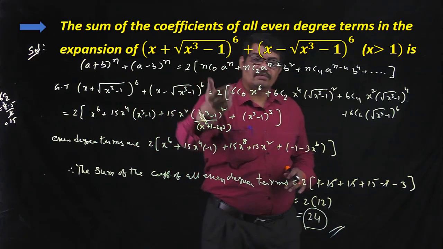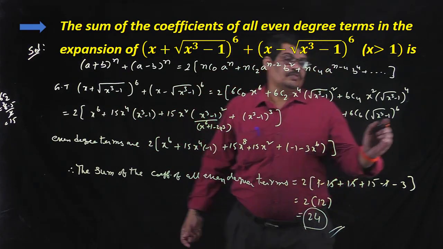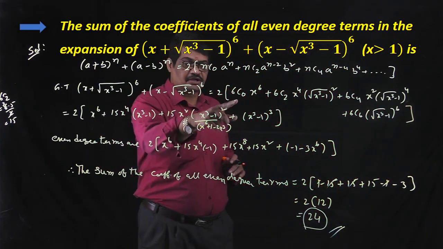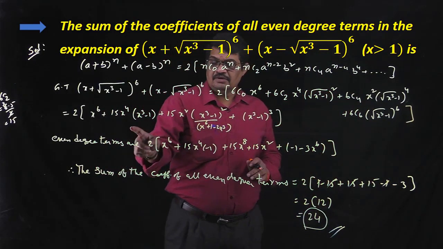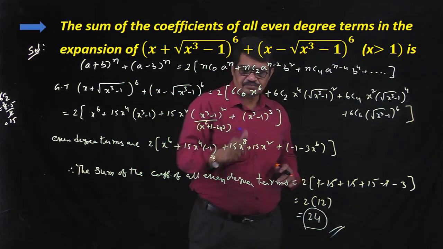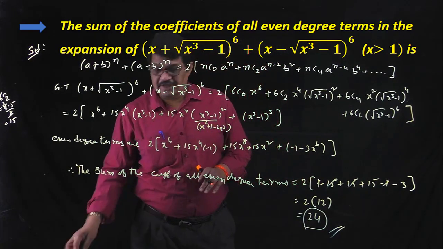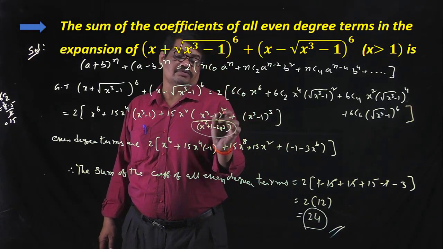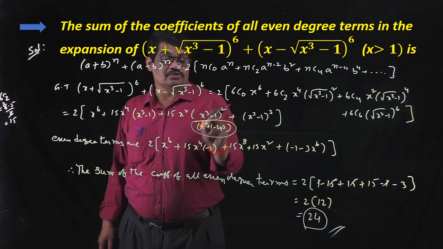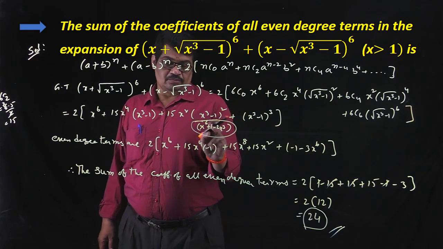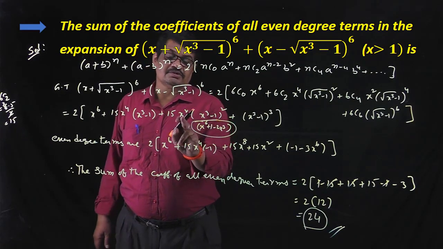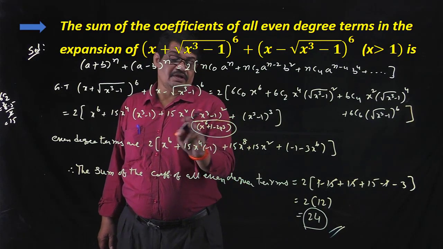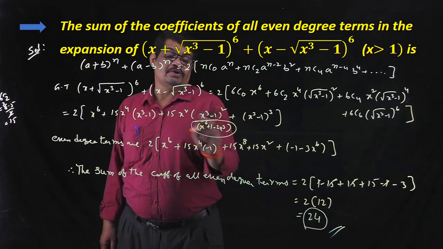Now we are applying this formula, we are expanding this one. Okay, now we are simplifying this one. 6C0 is 1 and 6C2 is 15 and also 6C4 is also 15. So now we are expanding. In this expansion we are writing here the coefficient of x cube minus 1 whole square. So now we are expanding, a minus b whole square, that is x power 6 plus 1 minus 2x cube. In this term we are writing even terms, that is x square into x power 6, that is x power 8. Next term is x square into 1, that is 15x square. Okay, remaining x cube into x square, that is x power 5.